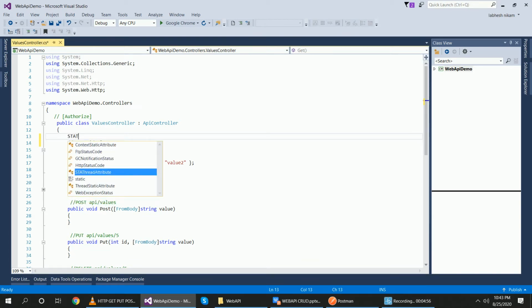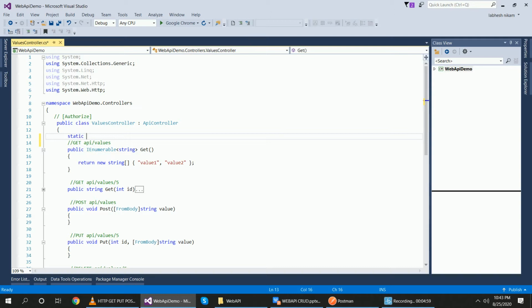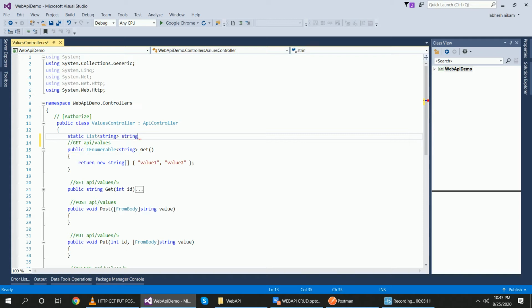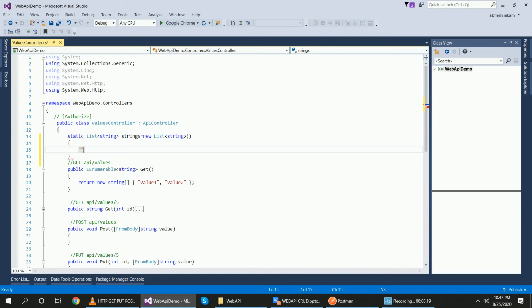So static list of string, give the name list of strings equal to new list of string, and inside of that I will pass the strings. Suppose value 0, value 1, value 2, right?